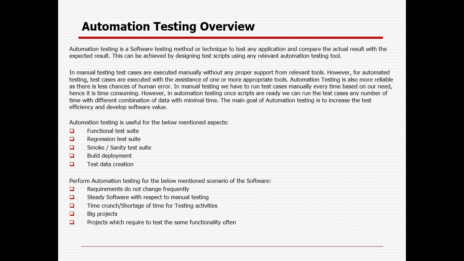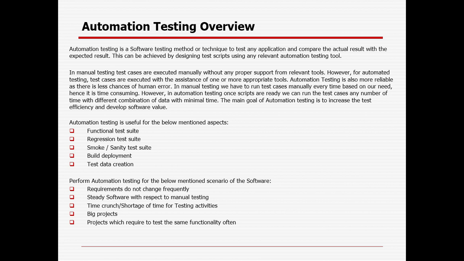So more time is only needed for developing it, dry running and fixing it. Once everything is developed, you can run it anytime. You can run it 10 times in a day for a small project, but it will take minimal time because it is system driven. You don't need to do anything. You can even integrate it and run it on a nightly basis, and in the morning you get the result in your email, whether there was a failure or success.